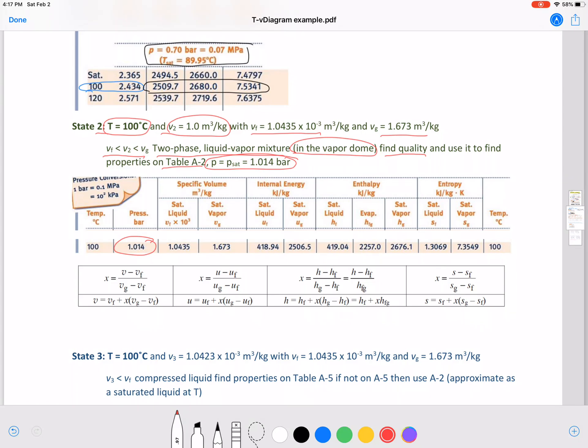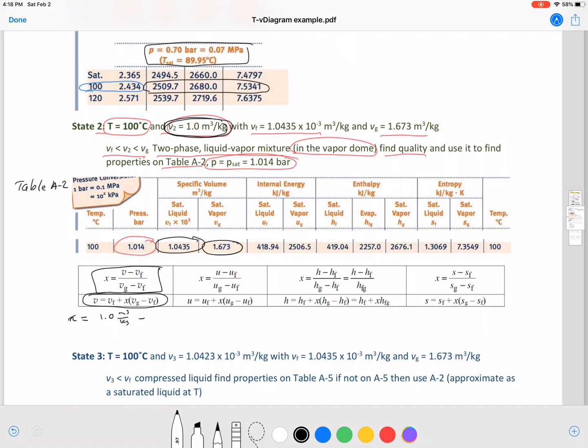So here is table A2, just the part of A2 that we need to get our values from. And so we can see here that VF, we found VF is right here, multiplied by 10 to the negative 3, and here is VG. So using those values and our given specific volume, we can find quality using this formula. It comes from this formula which we were given in our book, and we just have rearranged it to be a ratio here. So quality is going to equal the specific volume I'm given, 1.0 meters cubed per kilogram, minus VF,